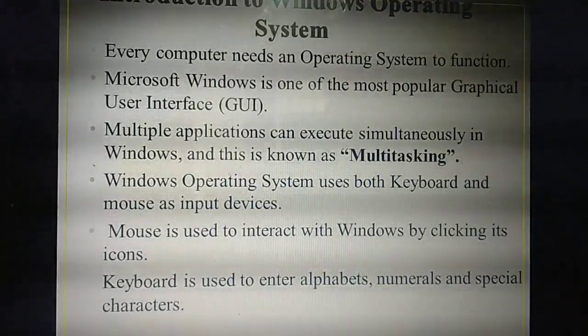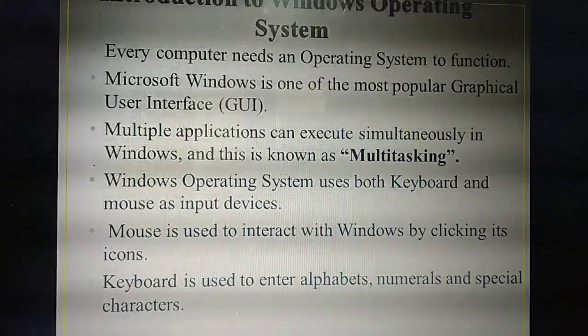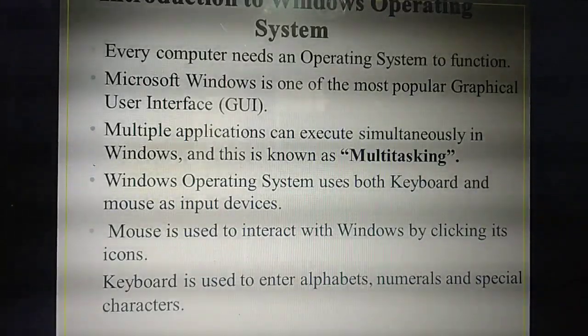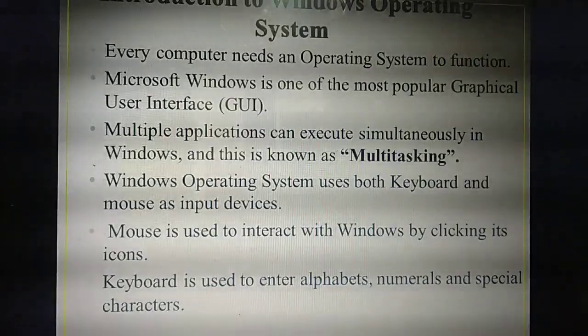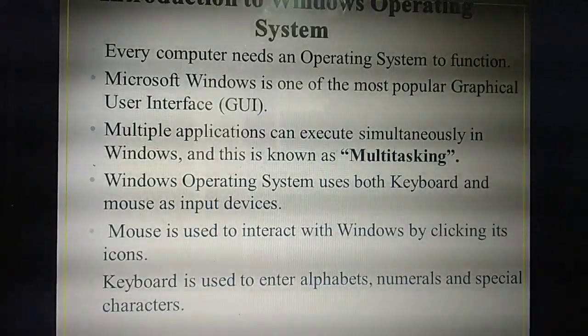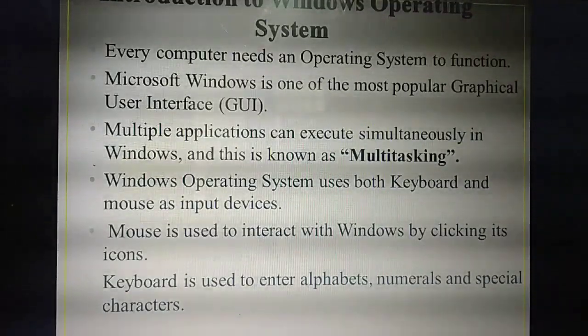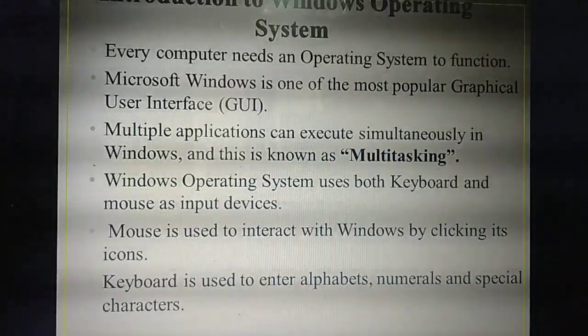Okay. Then multitasking. This is also very important. What do you mean by multitasking? In your phone or in your computer, would you install only one application? For example, take a mobile phone.